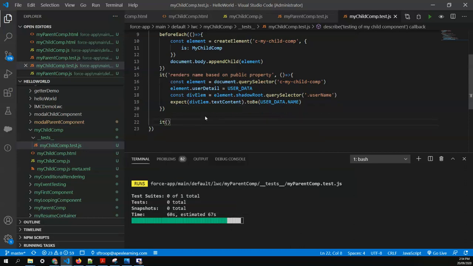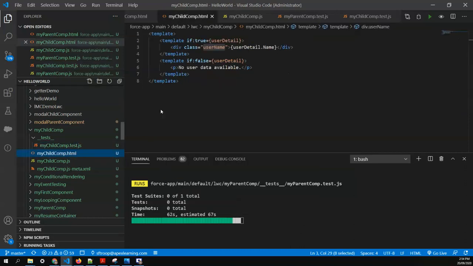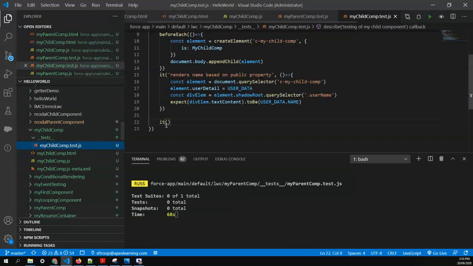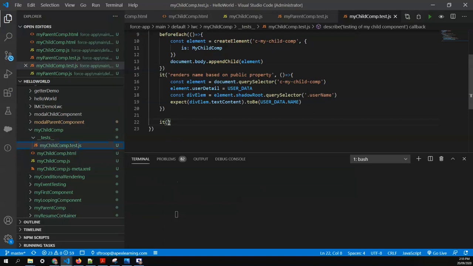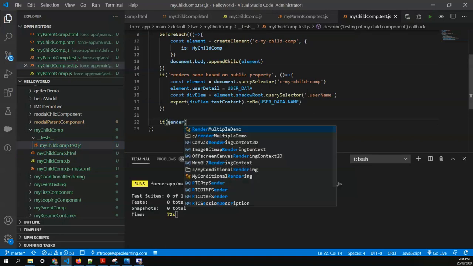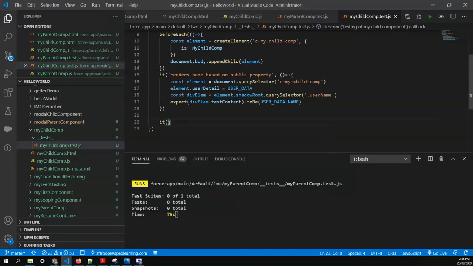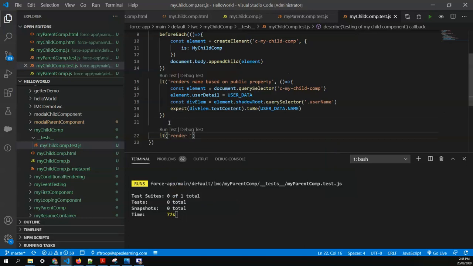And now we'll go with the negative scenario in which we'll say no user data available. So user data is not available in this case. We'll say render message if user details not available.